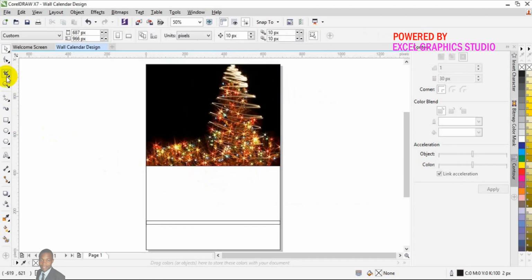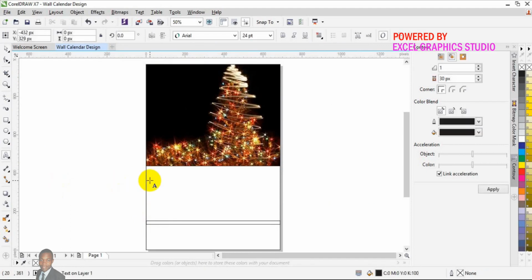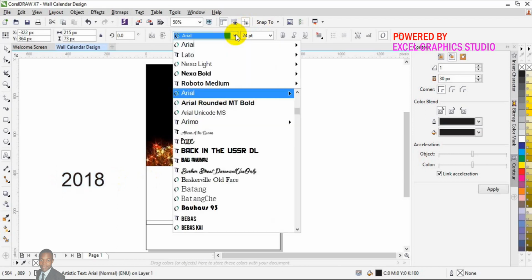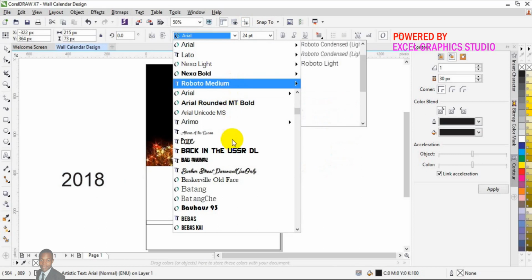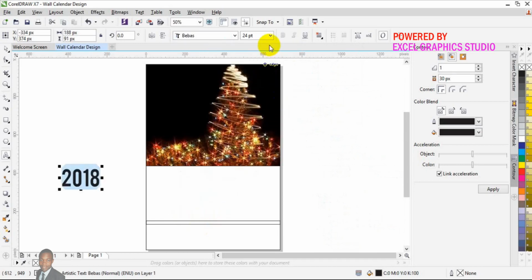Right, so the next thing we are going to do here is to start to type. So in this case, this calendar is going to be December 2018. Press Ctrl A to highlight the text. Then go back to the menu bar and go to the text tool, text properties, and select your font style. Then increase the size